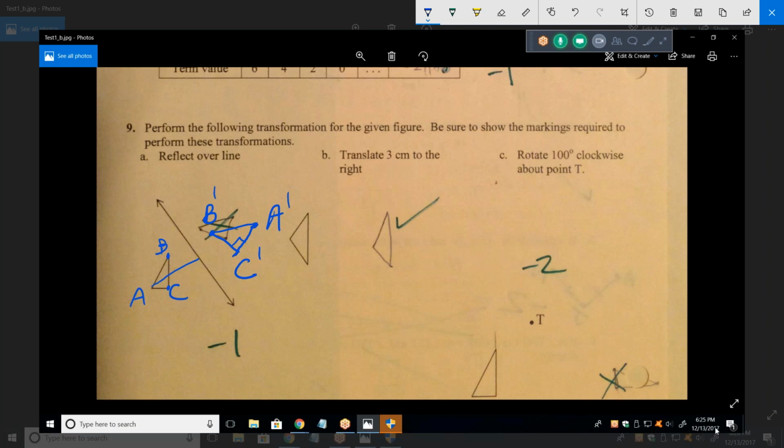Well, it doesn't really say it's a right angle, so we don't really know it's a right angle. But that's the way to do it, rather than reflecting the whole triangle, reflect each point separately. And then connect the 3 points, and that will be the reflected triangle. But to reflect a point is pretty easy. In other words, to